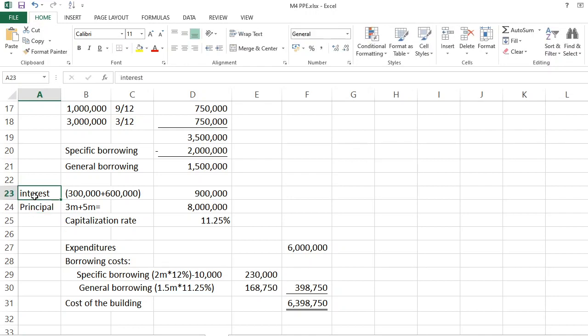Pero, ang interest o principal nga atong ginahisgutan diri is related to the general borrowing. General borrowing. So, huwag mo nang isali sa capitalization rate si specific, kasi specific siya. From the term itself, may sarili na siyang mundo, wag mo na siyang pakialaman. So, itong mga general, sila lang ang magkasinabot.